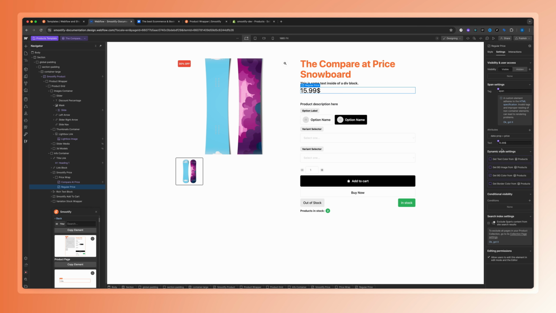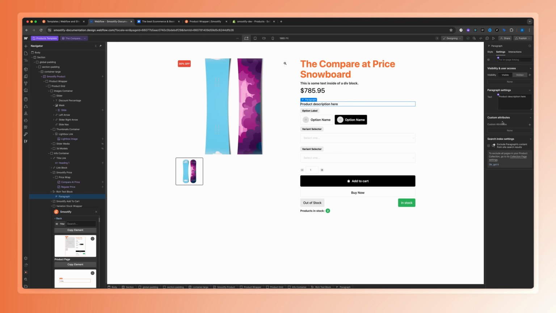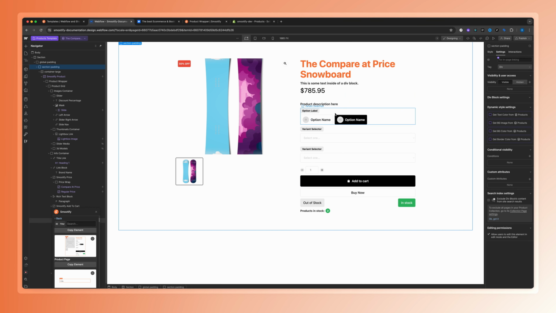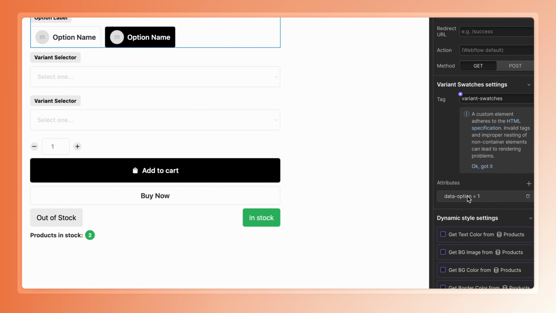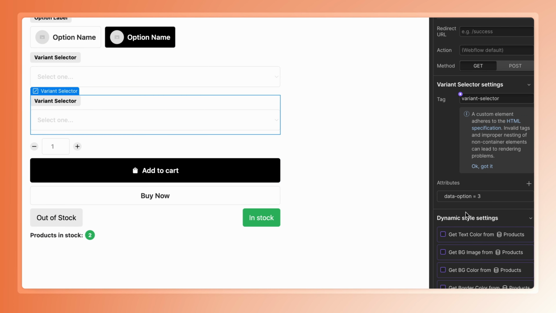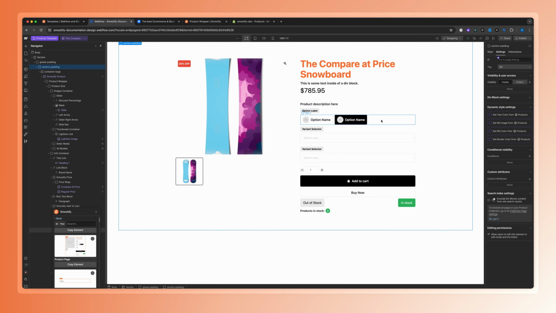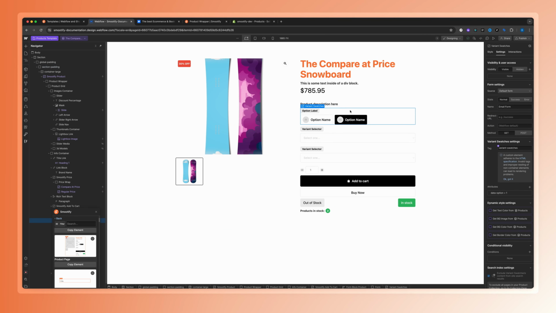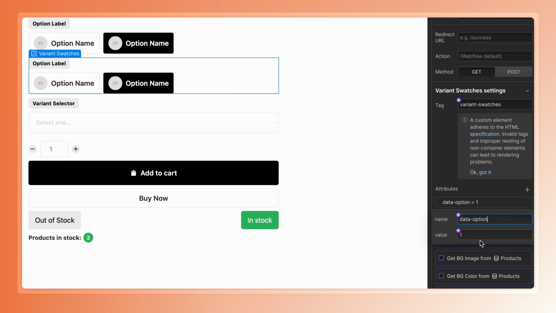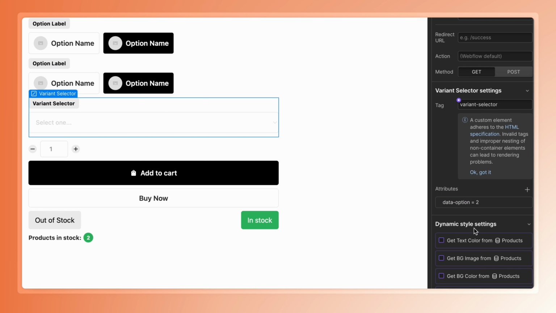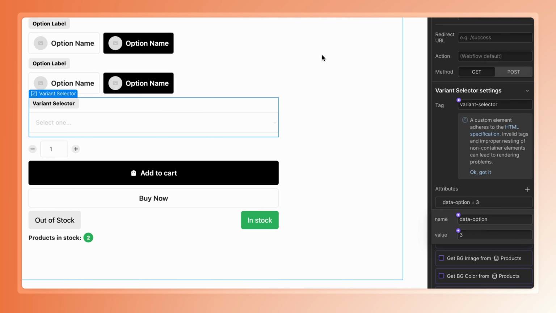Again, price formatted. I don't have a product description, but you would link it like you would normally any other way. Okay, so when we get down to the variant swatches and variant selector, you'll see there's three of them, and each of them have a data option custom attribute of data option 1, data option 2, and data option 3. Now those are only really important if you want to change things around a bit. So say for instance you wanted to have 2 variant swatches and get rid of the last one. So what you would need to do here is update these to 2 and 3, for example, to make sure